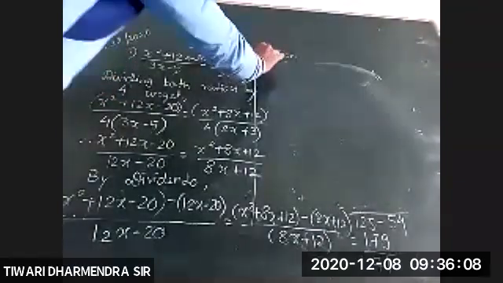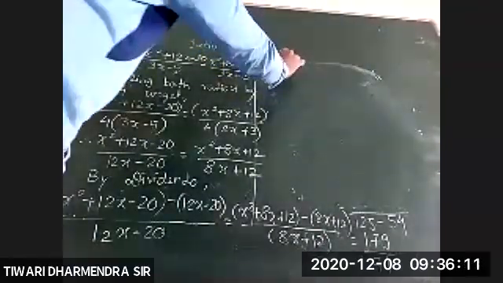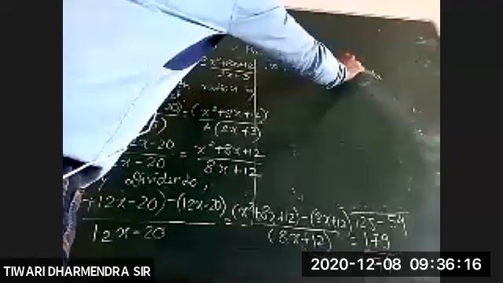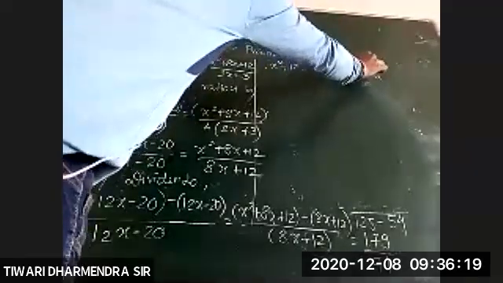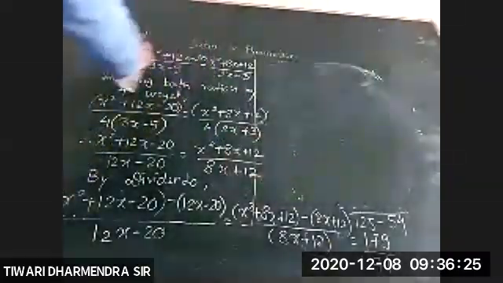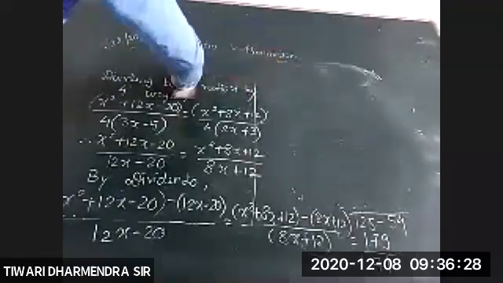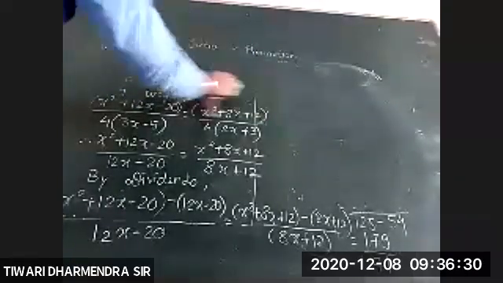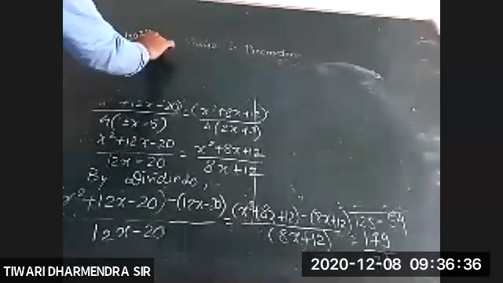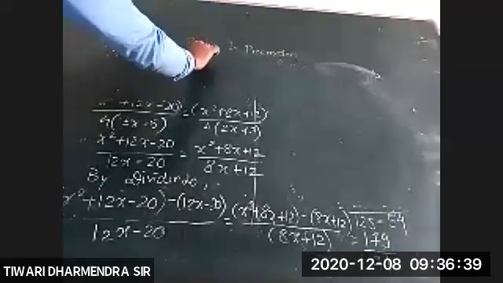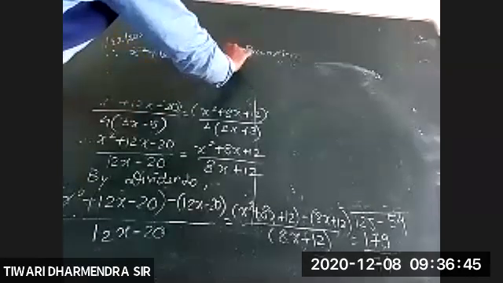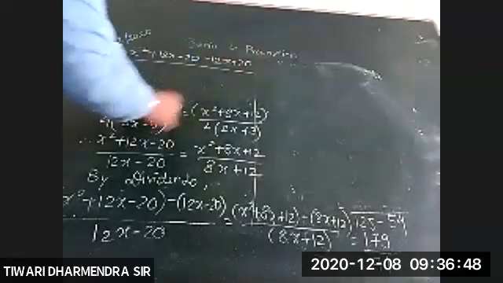Now solve this. x square plus 12x minus 20, after opening a bracket, minus 12x minus 20. Or I should rub, I'll be writing this term here. Therefore, x square plus 12x minus 20 minus, after opening a bracket, plus becomes minus and minus becomes plus, minus 12x plus 20 divided by